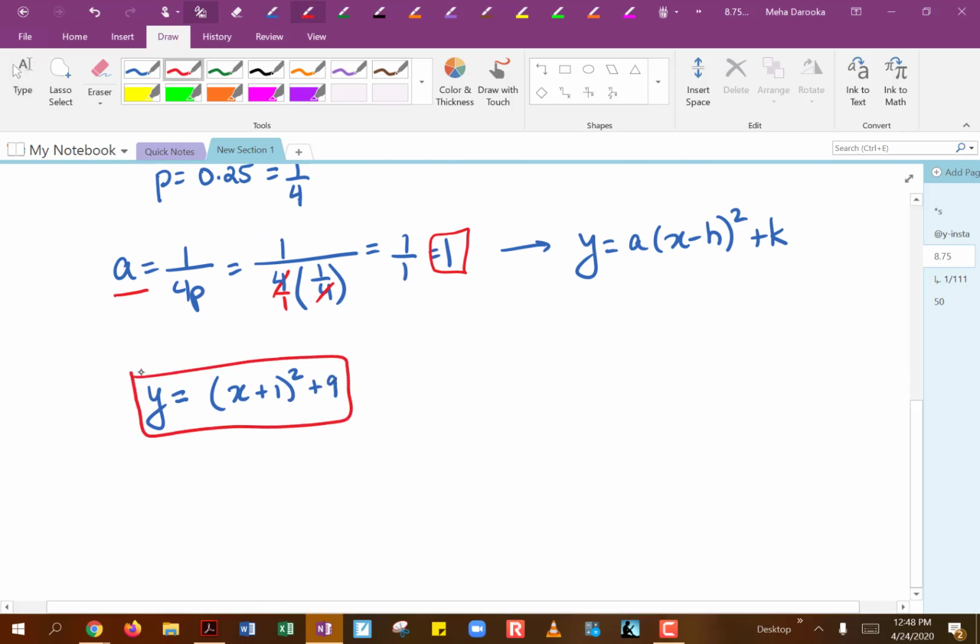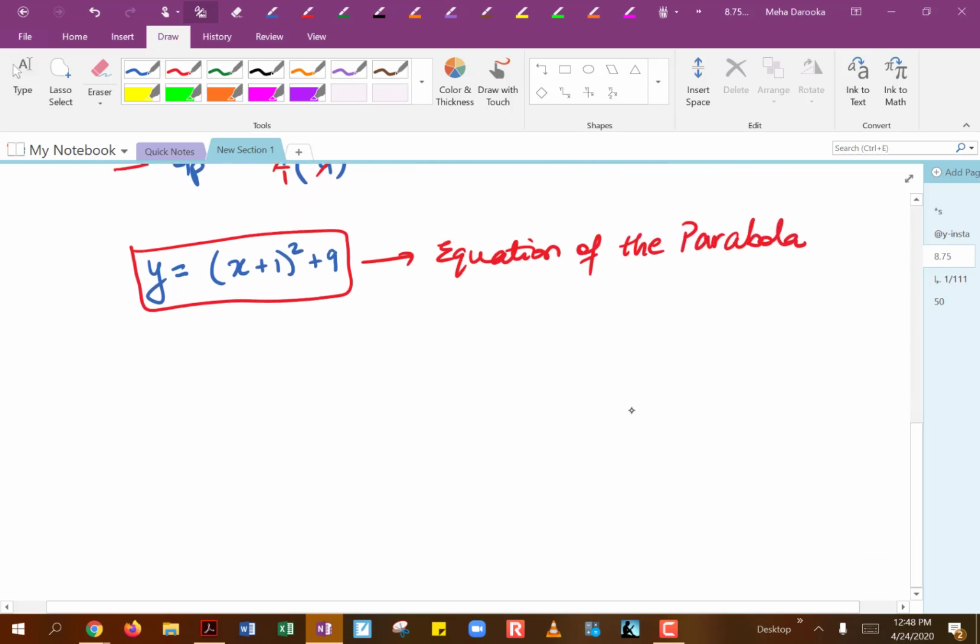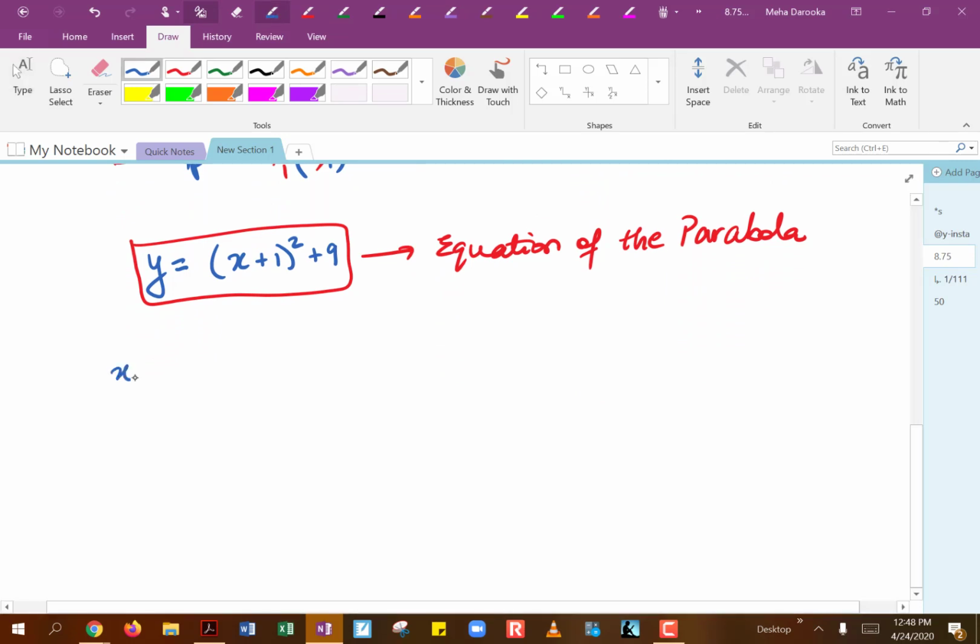So this is going to be the equation of our parabola. And once you have the equation, you can go ahead and find your x and y intercept. So let's start with the x-intercept, and that means we need to make the y value 0. So that will be 0 equals,